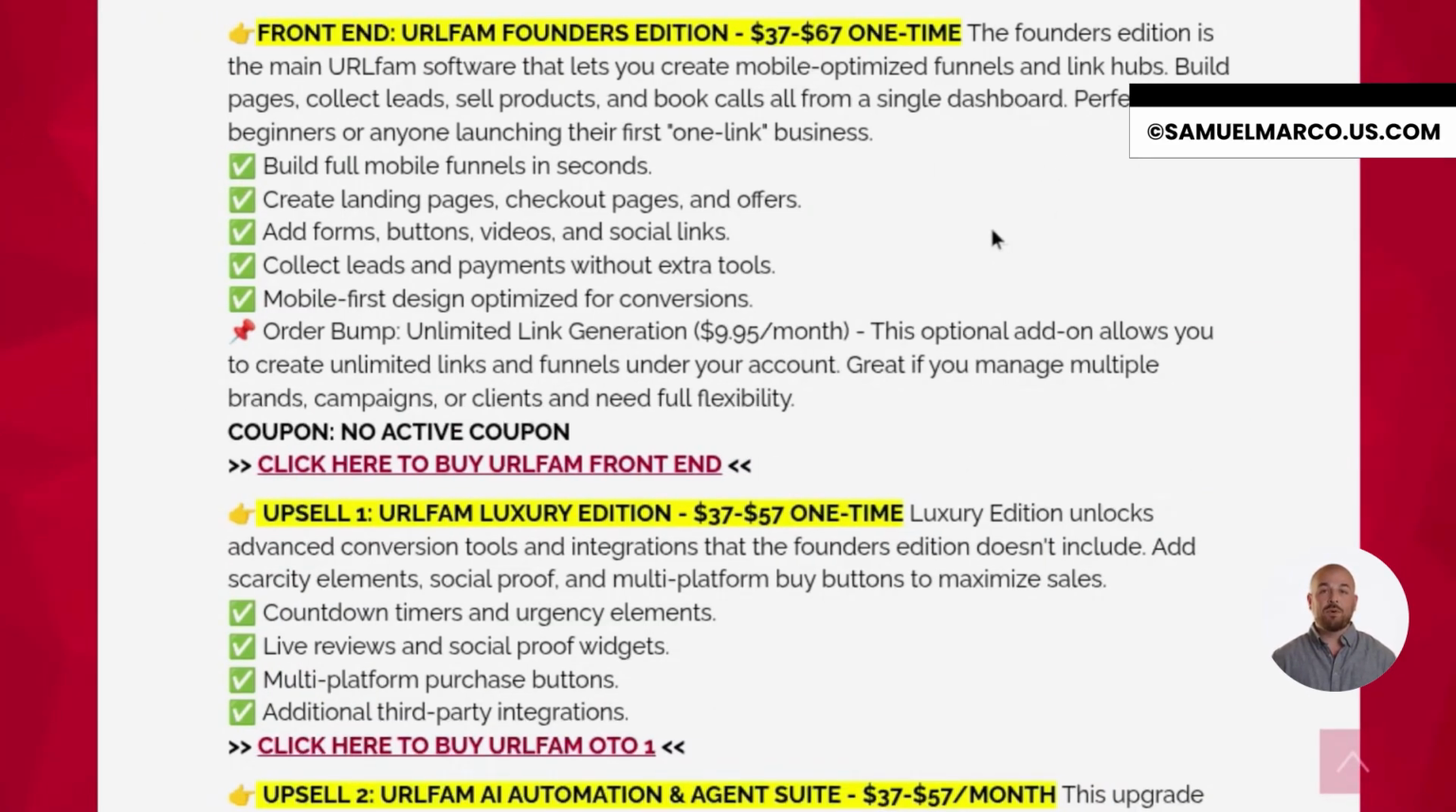This is the main software that lets you build mobile-optimized funnels and link hubs. You can create landing pages, collect leads, sell products, and even book appointments, all from one dashboard. It also includes forms, videos, social buttons, and checkout pages, so you don't need extra tools. There is also an optional order bump that gives you unlimited link generation, which is great if you run multiple